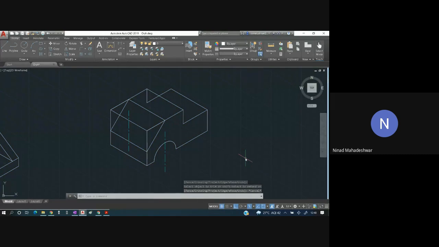Any other hidden lines which you see? Students? Sir, in the corner. Yes, corner. There are a few hidden parts over here. Control A, trim this part. This part you can trim. And this also you can delete. This is also not necessary now. This is also not necessary now. I'll delete this.